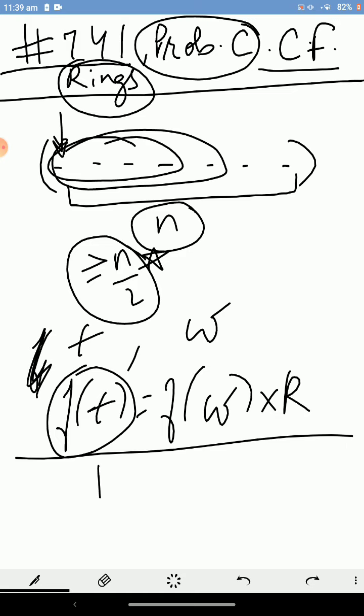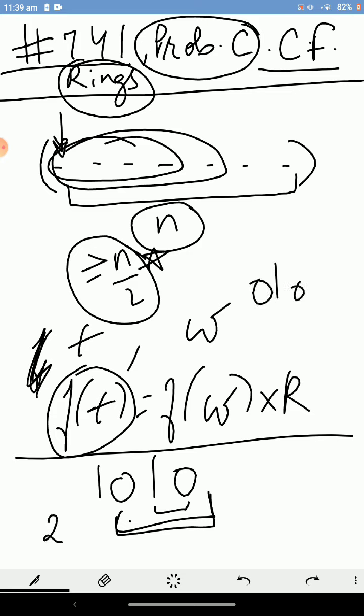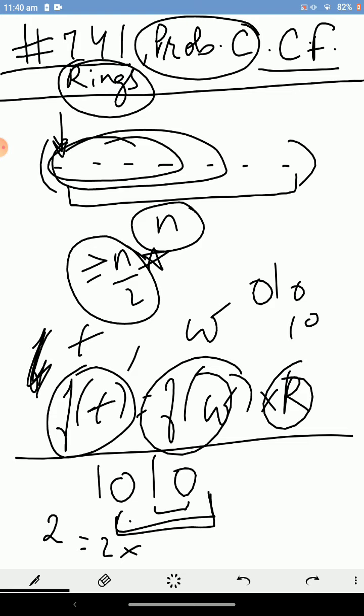For example, if we have 1010, then we can take this string and we can take this string. In the first case, 010, our f of t will be equal to 2, because the value of 010 in decimal equivalent is 2, and the value of 10 is also 2. So 2 is equal to 2 and k is equal to 1, which satisfies the given equation. I hope you have got the question.